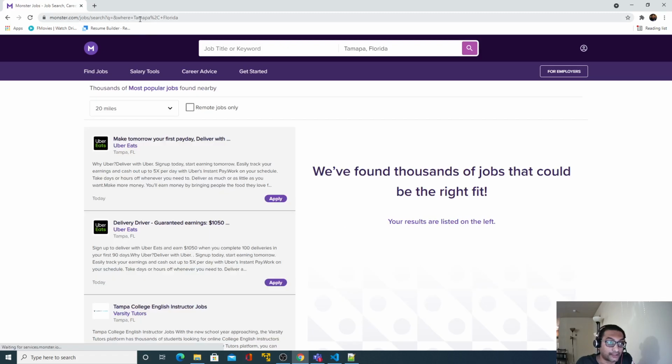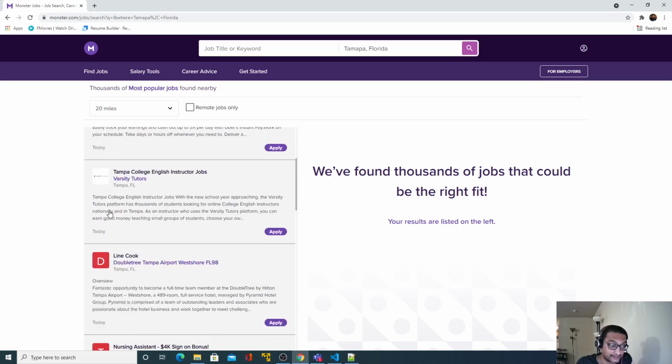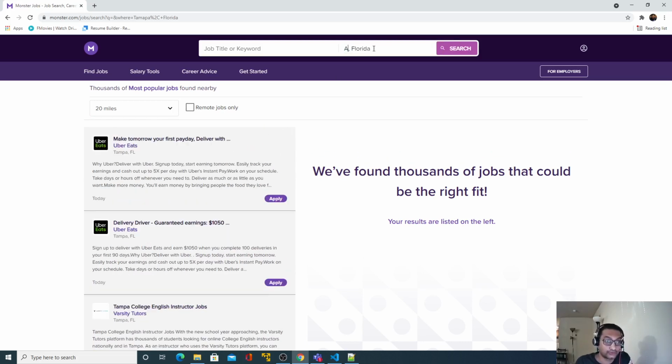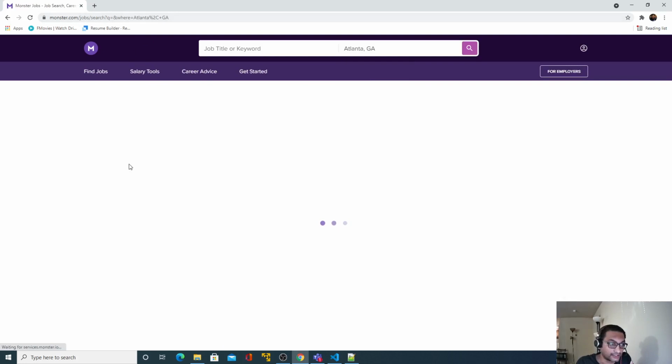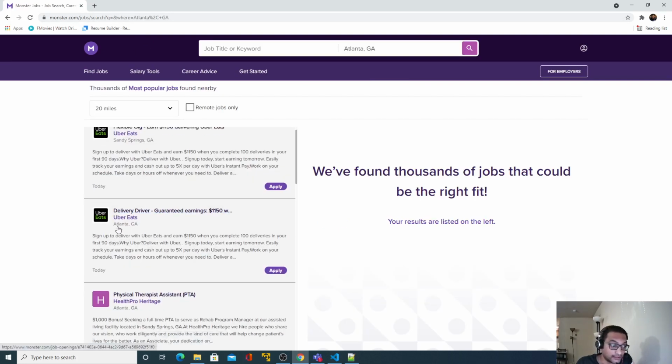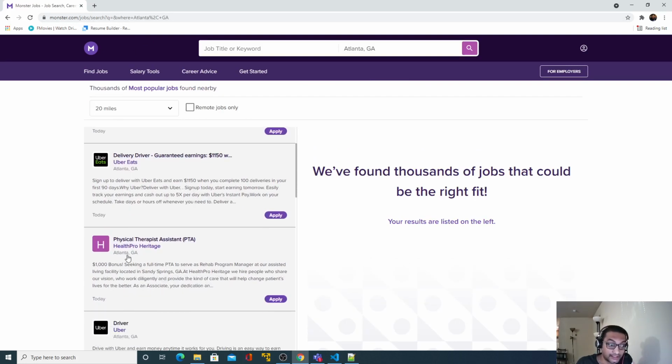See, the URL automatically changed, whatever filter I specified here, and I get to see exactly those jobs from that city and state. Okay, let me go back to Atlanta, GA. If I click search, the URL changes, and I get to see jobs specifically in Atlanta.